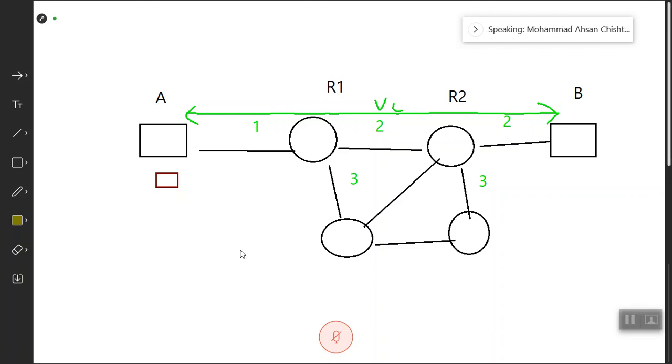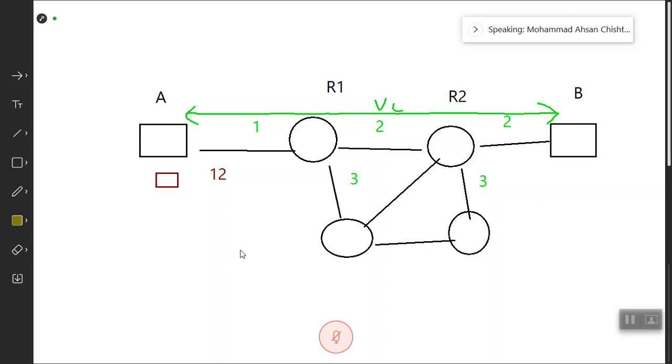We have a network given here. A communicates with B. They establish a virtual circuit, the line given here. The virtual circuit that has been created here, I will have it as A-R1-R2-B. Now the packets have to transmit through this virtual circuit. All packets starting from the host A to the destination B traverse through this link only, the VC A-R1, R2, B.